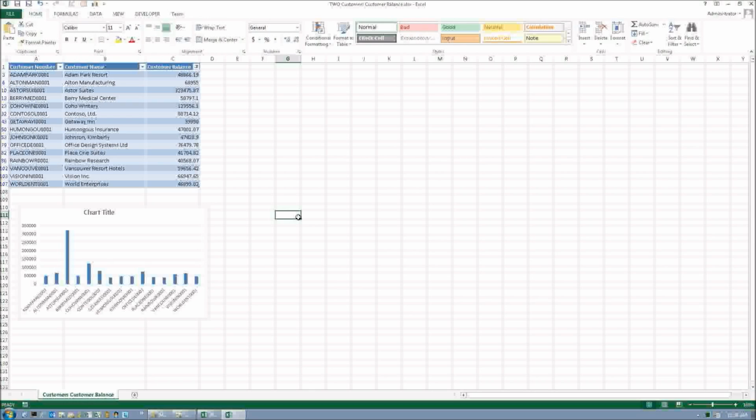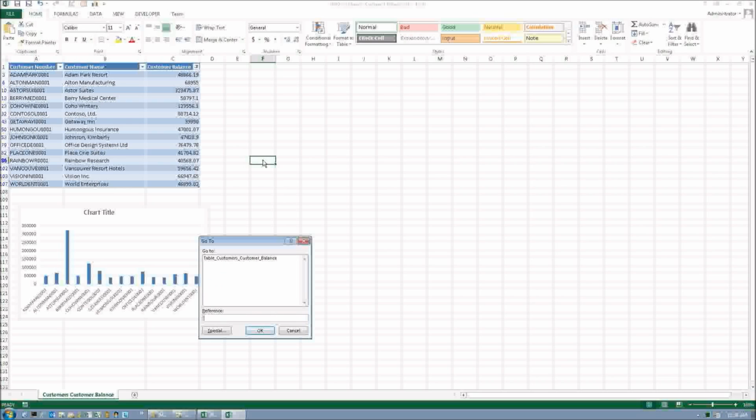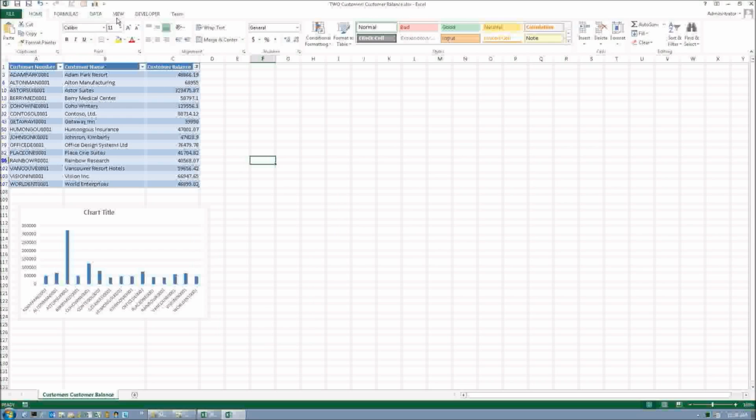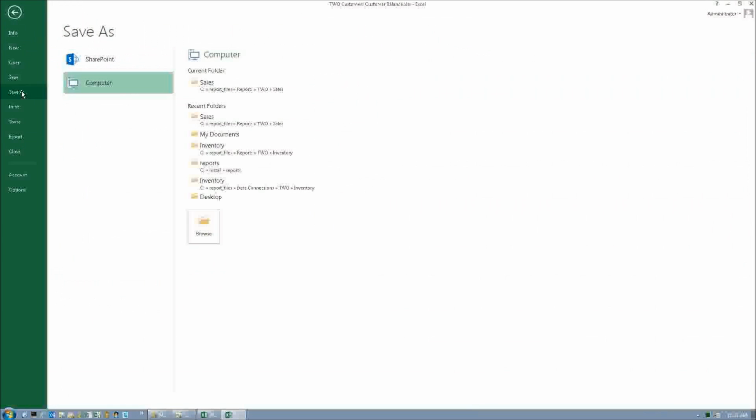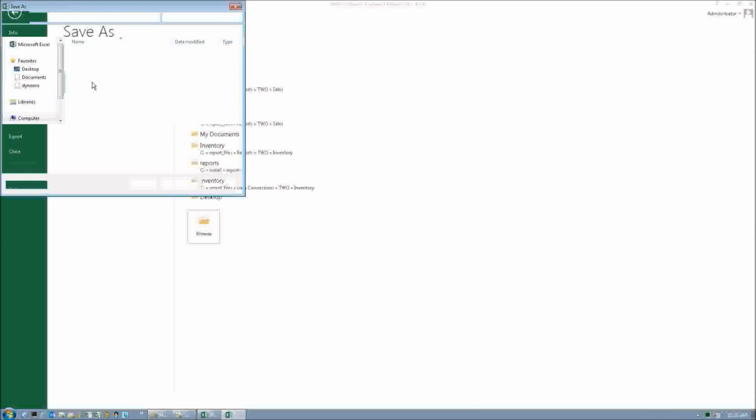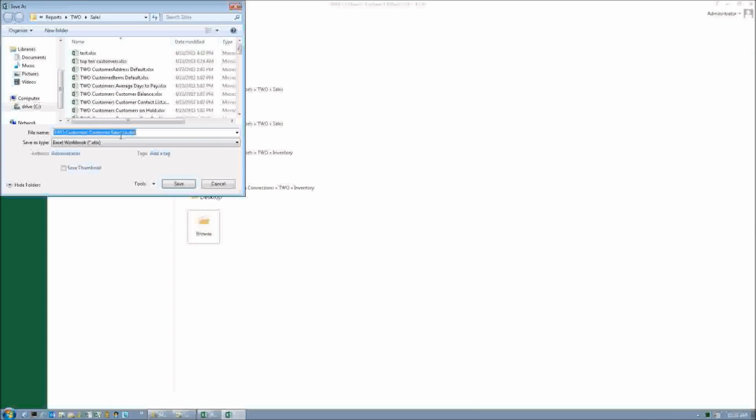And then during the course of the day, as the information is changing in GP, I just have to press F5 or, whoops, sorry, I just need to refresh all. So I just need to go to Data and refresh all anytime I need to. And inside Excel 2013, you can now set refreshes to happen automatically. So you can say, do it every 2 seconds or 10 seconds or whatever is appropriate. So now I'm going to save this, and I'm going to save as. I'll put it in Computer, and I'll put it where I put all the rest of my reports. And I'll call it